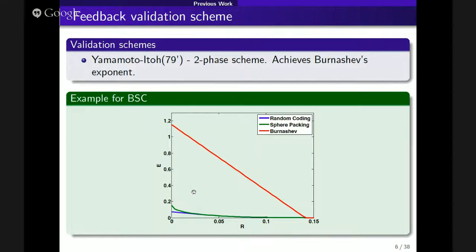And with feedback, what Berlekamp showed is that you can actually get this red line. So all of them meet 0 at the same point, the capacity. But feedback increases the reliability, the error exponent, by a lot, as we see here in a specific example of the binary symmetric channel. And in '79, Yamamoto and Ito gave a very simple...